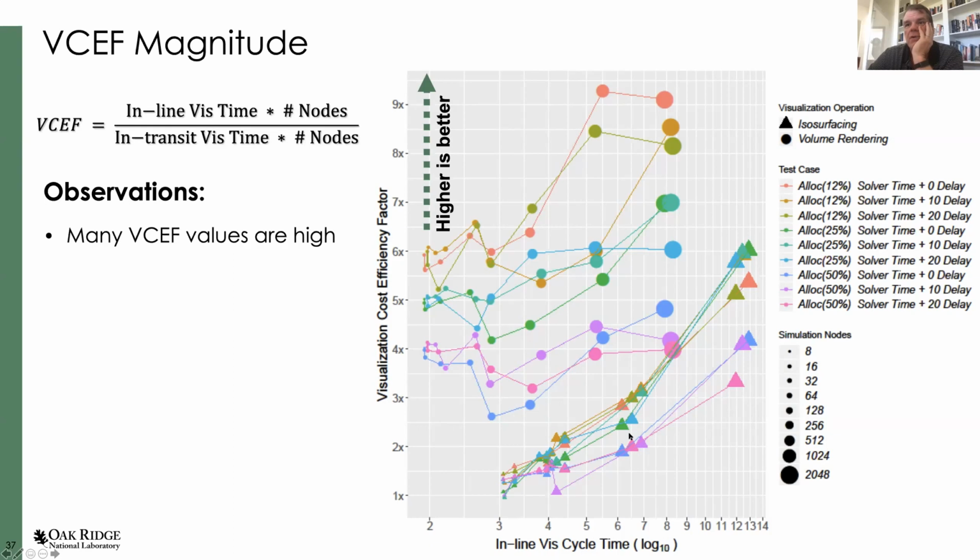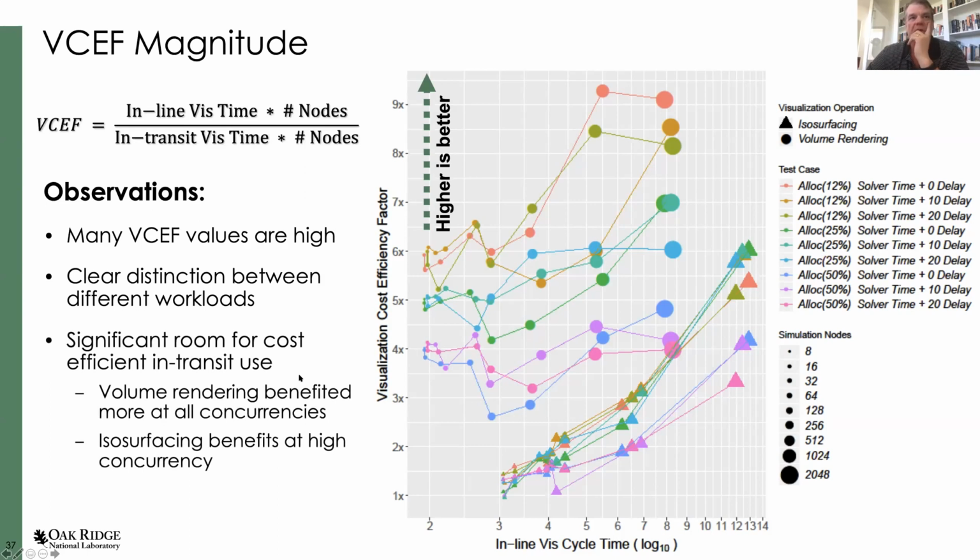The triangle runs were an isocontour algorithm, and the volume runs were a volume rendering algorithm, which had a fair bit of communication in it. And so because of that communication, you'll notice that there's more opportunities for savings in transit costs when there's a lot of communication, and as the scale grows. Yeah, so there's a significant distinction between the different workloads, and volume rendering benefited because it had a